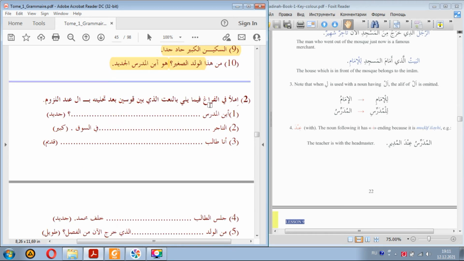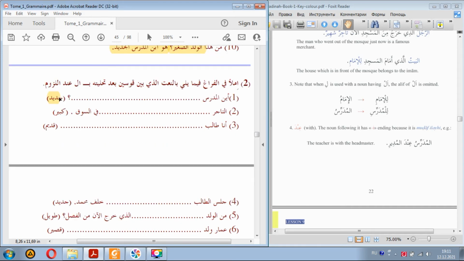املأ في الفراغ فيما يلي بالنعت الذي بين قوسين بعد تحليته بألف لام عند اللزوم. Well, we need to fill out these blanks with نعت, with these adjectives, so it would be in the right form, in agreement with the منعوت. For example, أين المدرس? You see, المدرس has alif lam, and therefore its adjective is supposed to have alif lam. أين المدرس الجديد؟